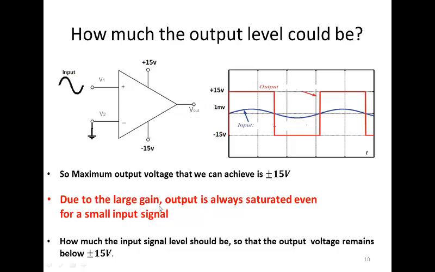So due to the large gain, output is always saturated even for a small input signal. From here there could be a question: how much input signal can we apply, that is, how much should the input signal level be so that the output voltage remains below plus minus 15 volts? So यहाँ पे मैं कितना इनपुट सिग्नल अप्लाई करूँ कि मेरी आउटपुट 15 वोल्ट्स या इससे कम रहे, तो उसके लिए हम देखते हैं कि अभी